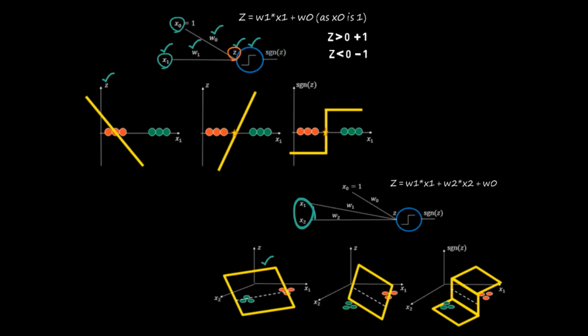See what happens when Z cuts through this input space, that is, in the x1 x2 plane. The result is a line, and again that is a decision boundary, where Z is equal to 0. And again, by applying sgn(Z) on Z we can generate +1 and -1 for the two instance classes in the dataset.